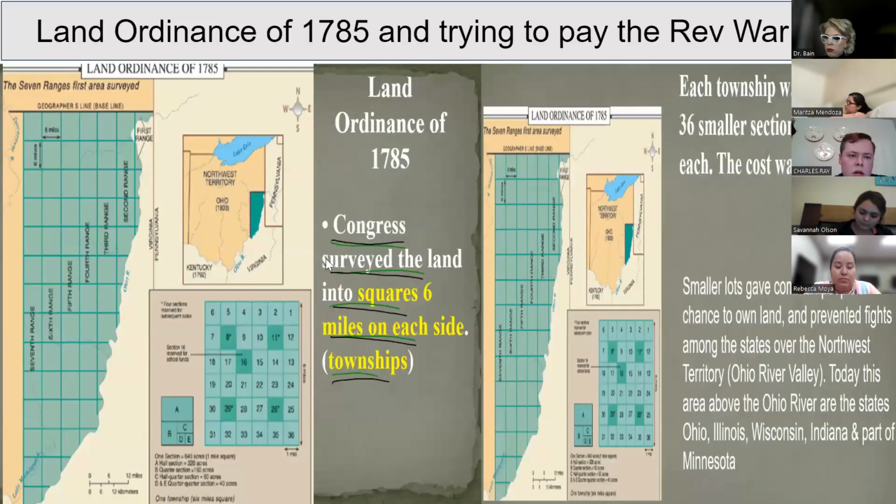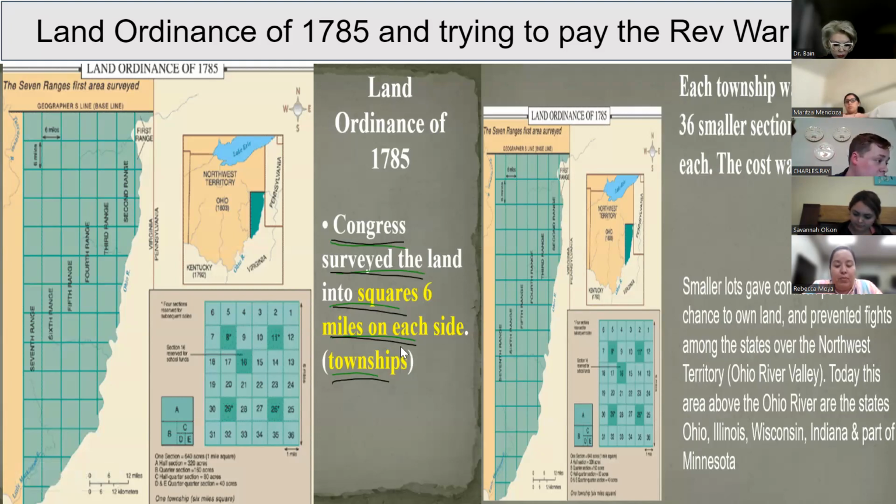That being said, there were some great things that it did do. It did find out we have all this land from the British. It created a way we can sell it. You don't really need to know about this, just know it exists. It's called the Land Ordinance. We can now sell land. We have an organized way of doing it.